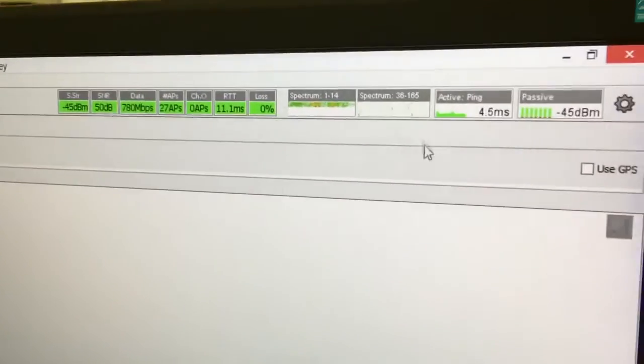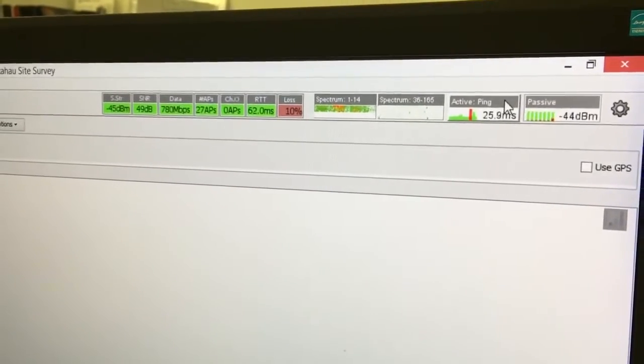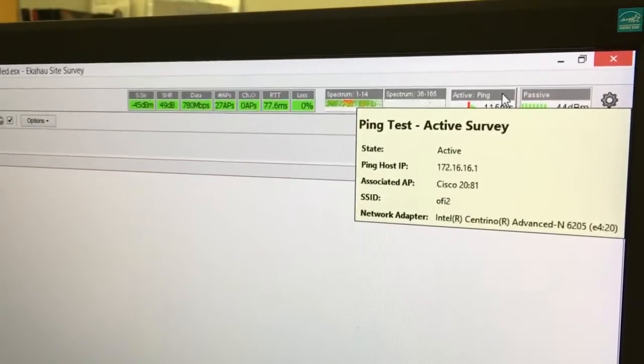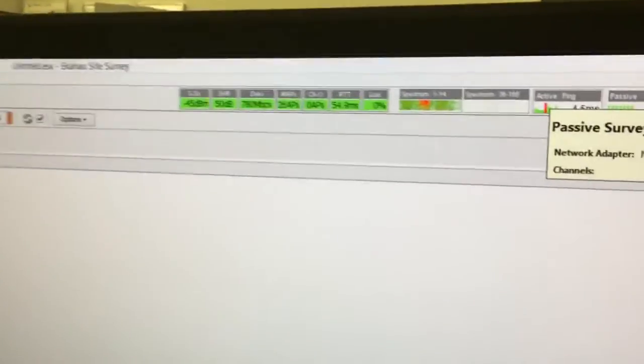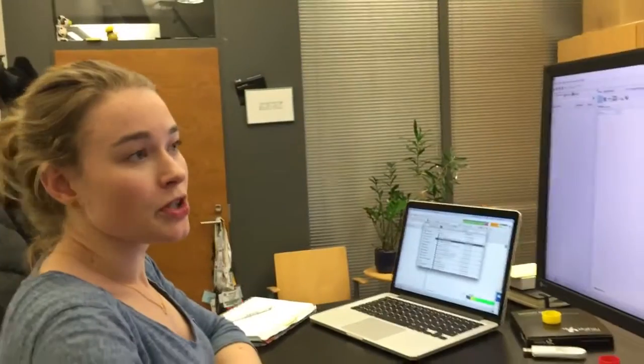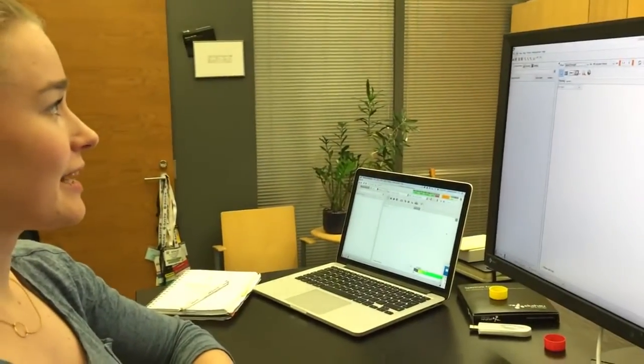Right next to them, we have the NICs, which are performing the active and passive survey. The active survey is done by the integrated NIC, and the passive survey is done by the external NIC. You can see there. So if you have a spectrum analyzer connected to your computer, you are ready to go. All right, so we're going to have a look at an example file